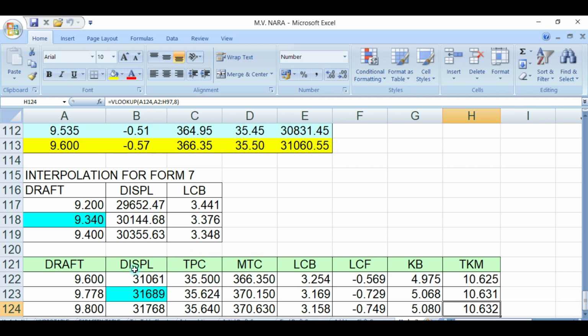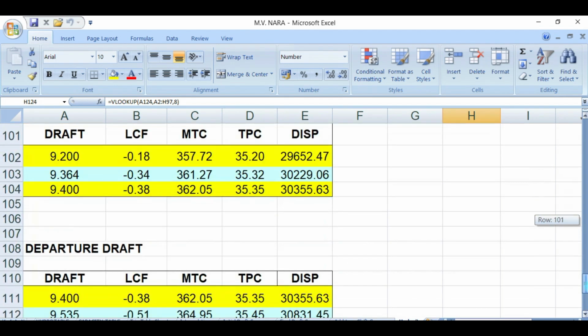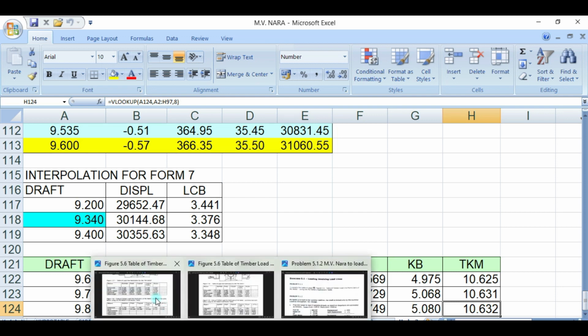Okay, so this is a short program for interpolation, so you don't have to find it here and do the interpolation yourself.